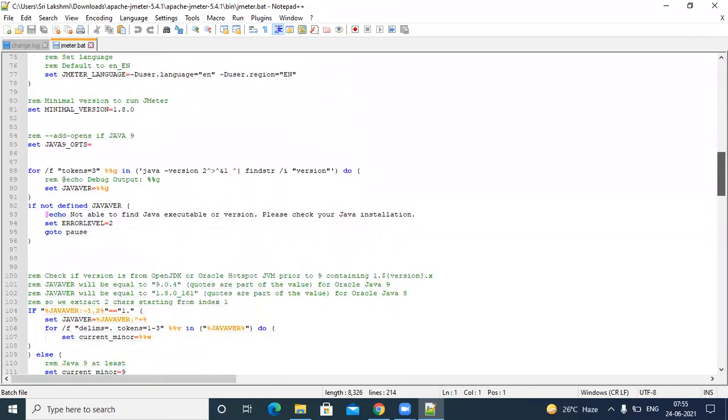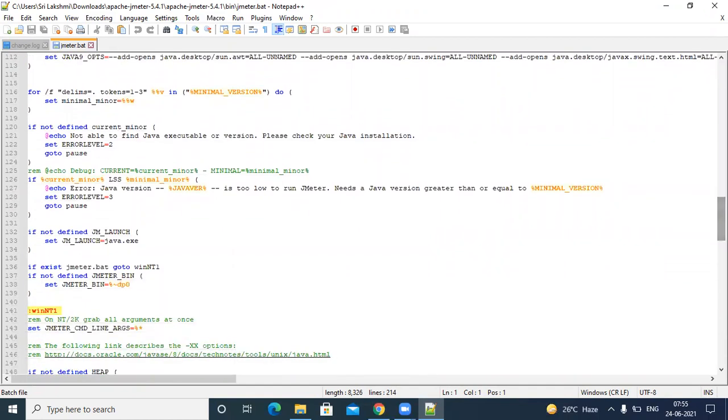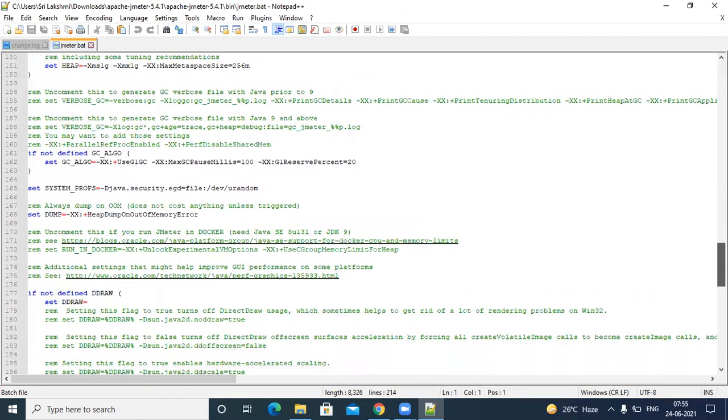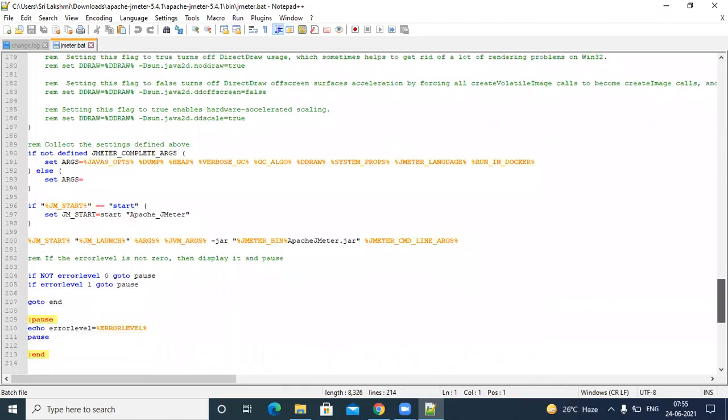Whenever all the conditions are met, it has to open JMeter. Let me show you how it opens. It checks all the conditions.